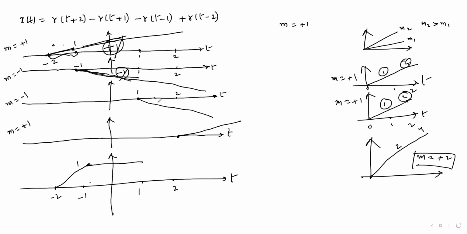After +1, the third signal is added with slope -1 again. So this slope is +1, this slope -1, the third signal slope -1. That means here +1 and -1 cancel, but -1 remains. So the signal falls with slope -1. Since we observed +1 slope before, here it is -1 slope. That's why from 1 to 2, with width 1, the amplitude also falls from 1 to 0.